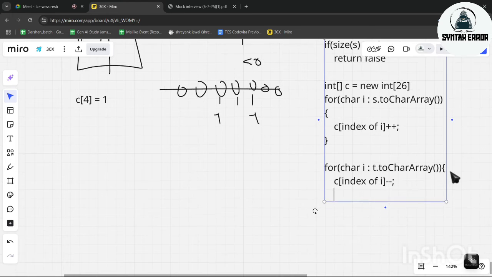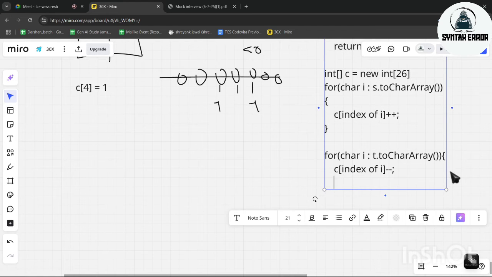And later, if we encounter any index where the value is less than 0, which is -1, that means at that moment we can say that these two strings are not anagrams.